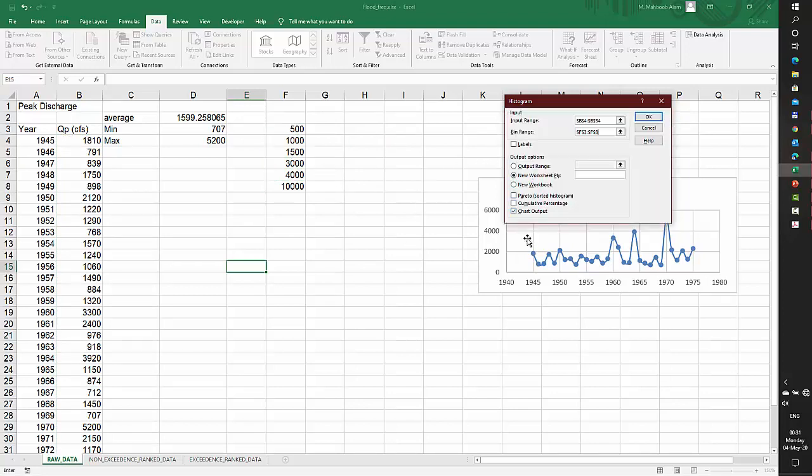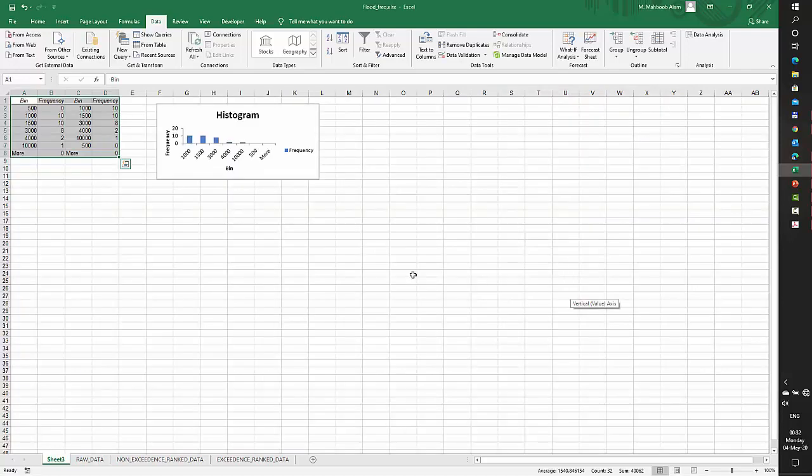And then I need certain things, so cumulative percentage and maybe the sorted histogram and all those kind of things. So we have different kinds of options available to us. You can explore these options when you are having this Excel sheet, and by just clicking it we'll get the data. So you see, this is the bin that we gave to Excel, and it calculated for us the frequency,